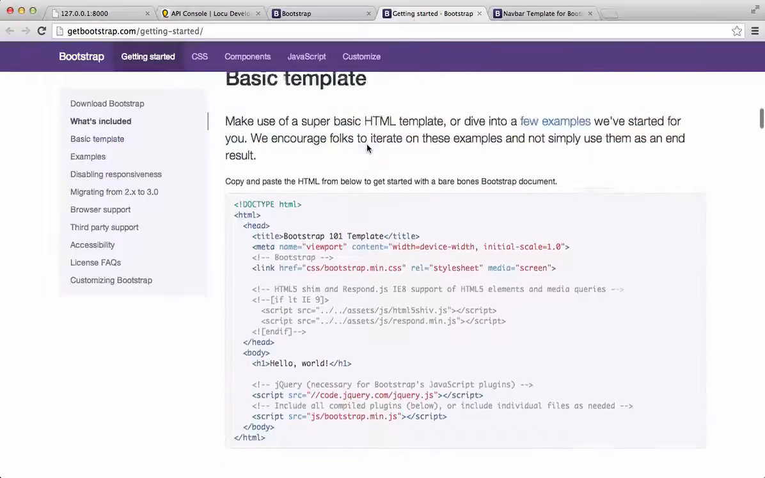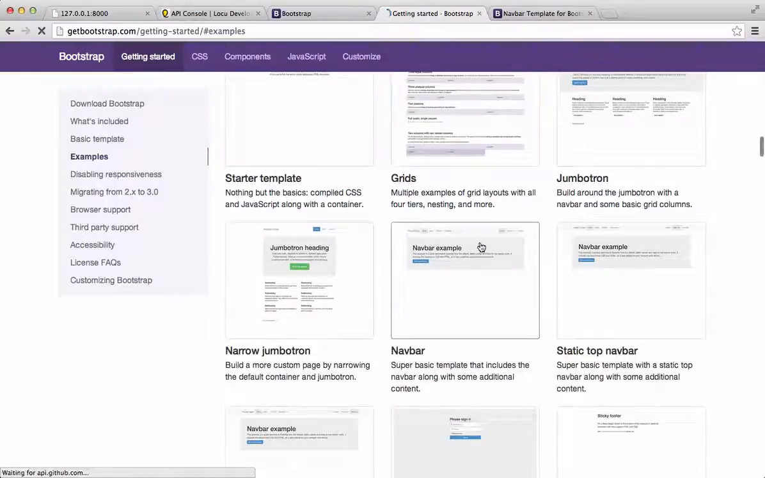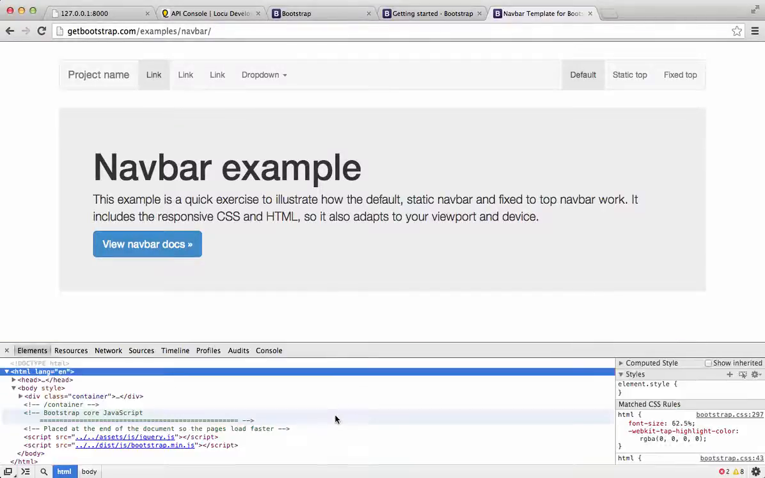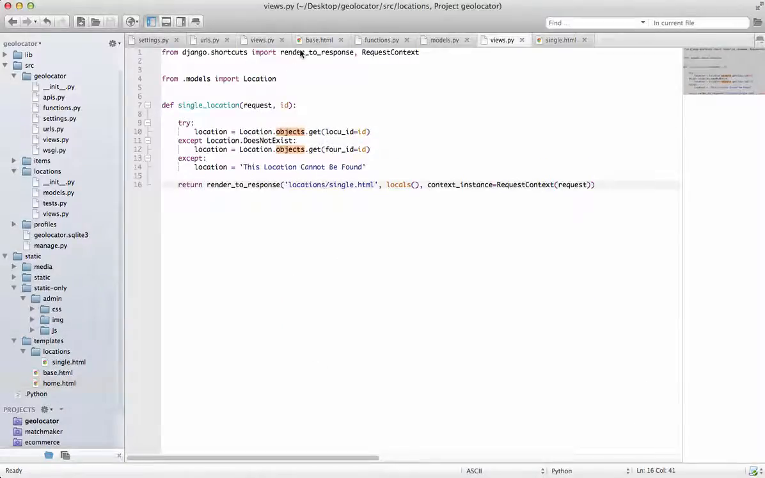That's going to show this. Scroll down to Basic Template, click on Few Examples, and go ahead and click on Navbar, that example right there. It's going to pull this up. We're going to do an inspect element here, and we are going to copy everything. Actually, we're going to do view source here, copy this whole thing, go back into Komodo Edit into our base